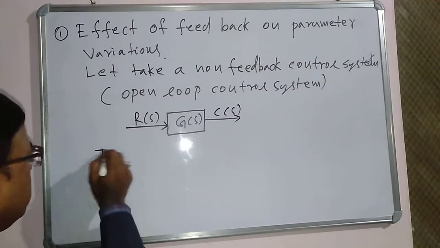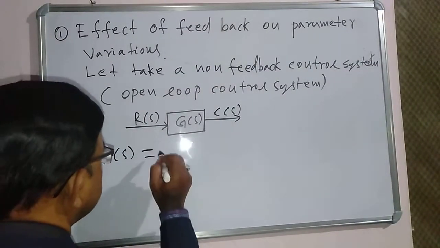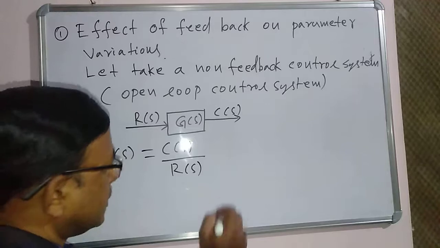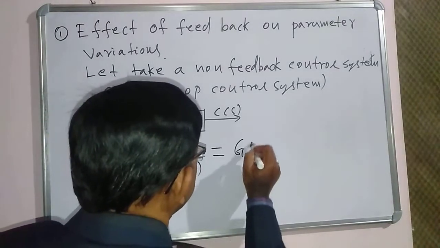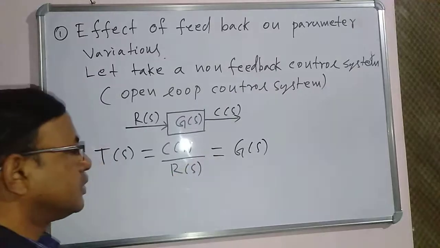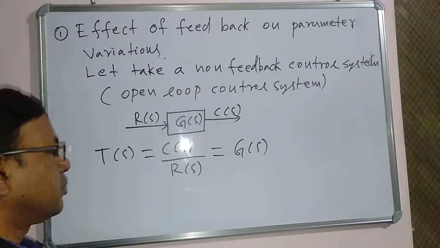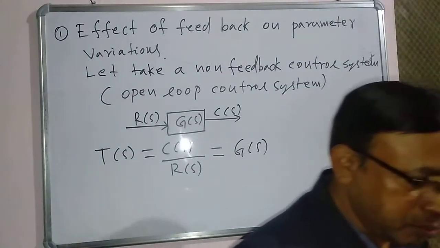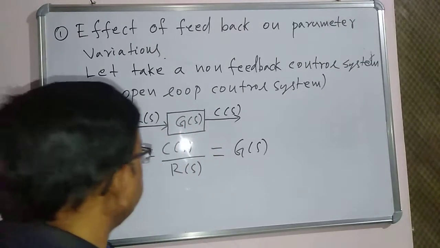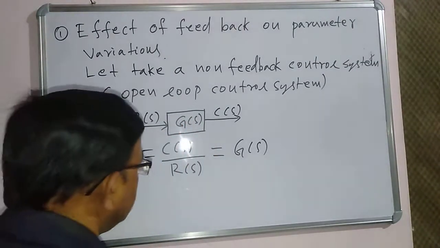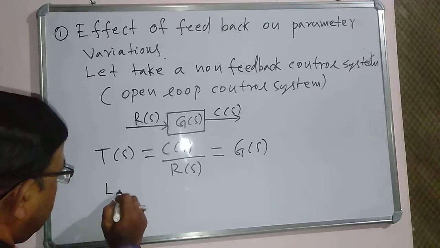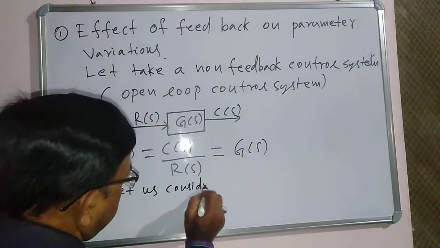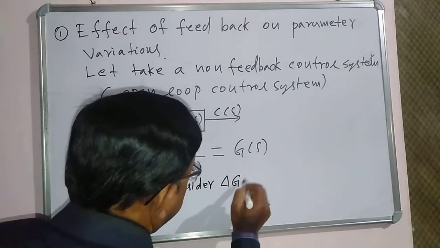So the transfer function T(s) is equal to C(s) by R(s), which is equal to G(s). Therefore G(s) is called the open loop transfer function, or the forward path transfer function. So let us consider del G(s)